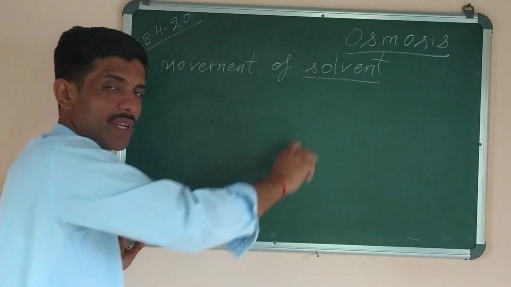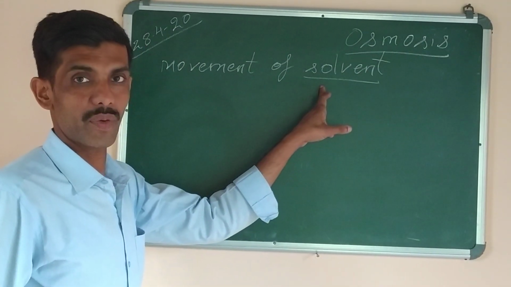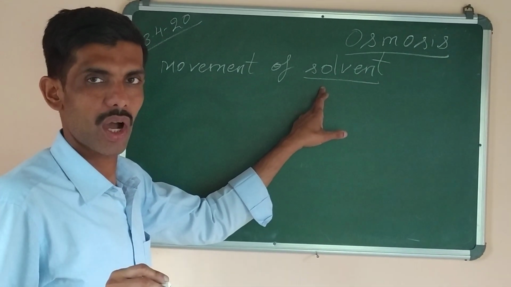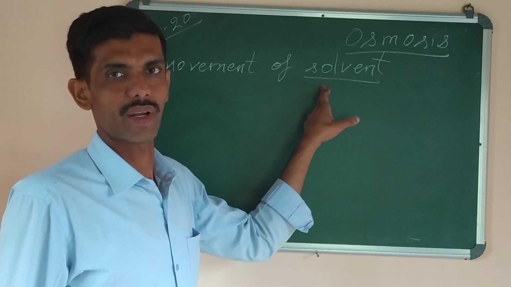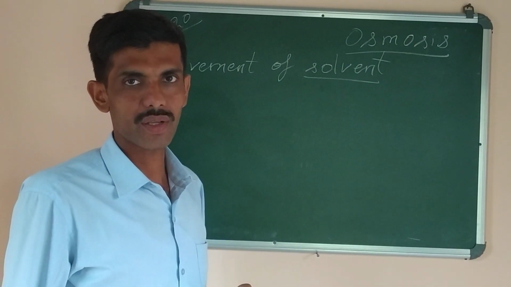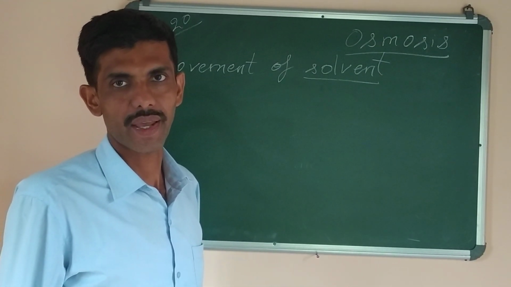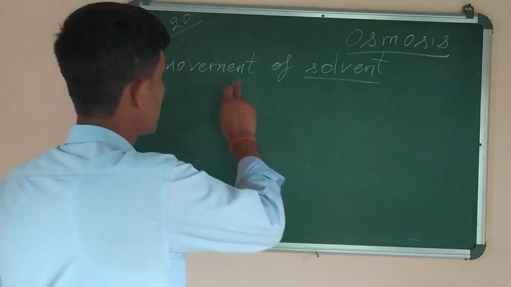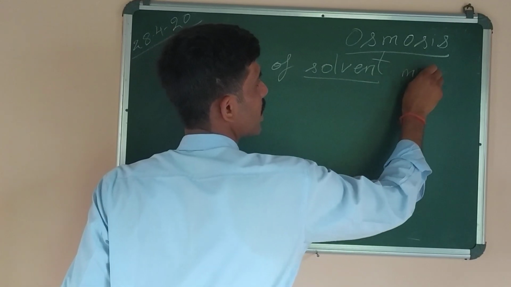In chemistry you have studied about solid and solvent. Once again I will try to explain what is solvent. The material in which a solid dissolves is called solvent. Like water is a solvent in which sugar can dissolve, salt can dissolve. So sugar and salt are called solid. So here the movement of solvent, that is water molecules,